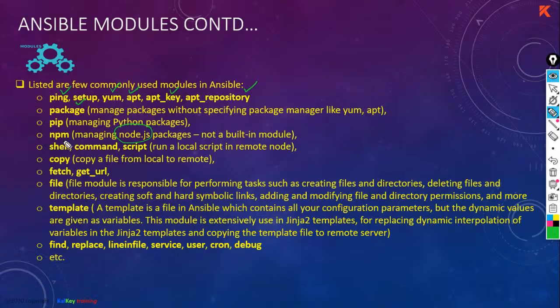So NPM has to be installed separately for using the Node.js packages. Shell, if you want to execute the shell commands, you can use shell module or command module or script module. There are 3 forms of modules, any one you can use. Generally, people use command, because with the command module,